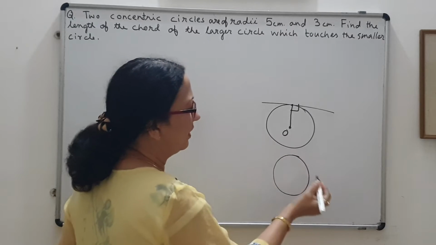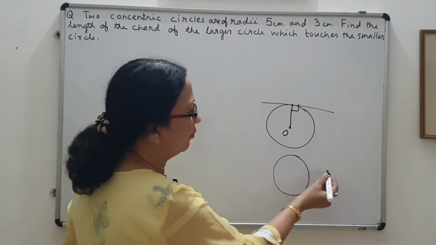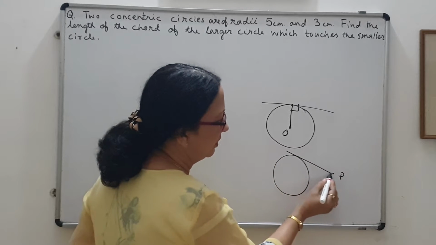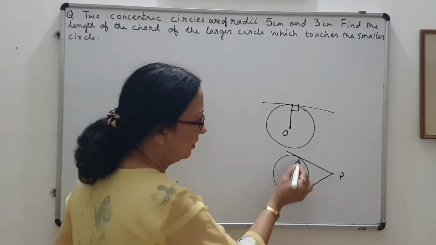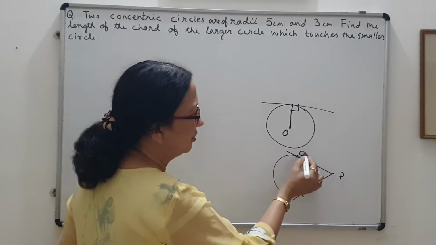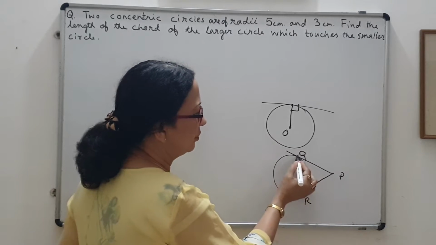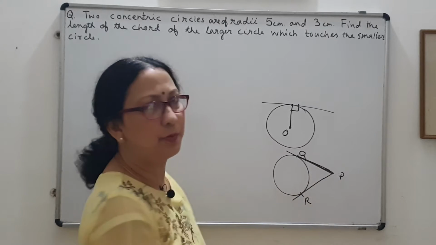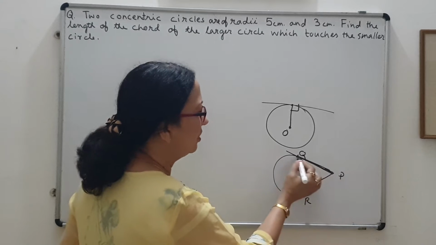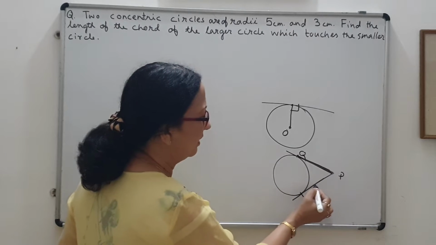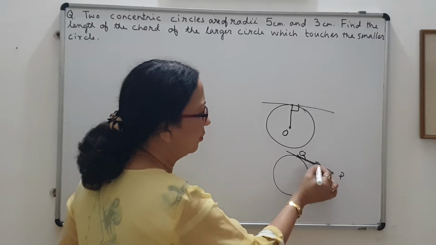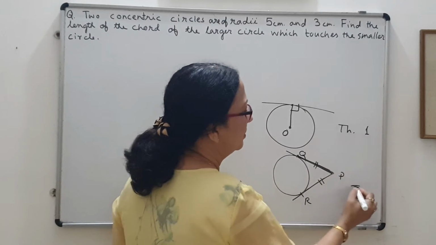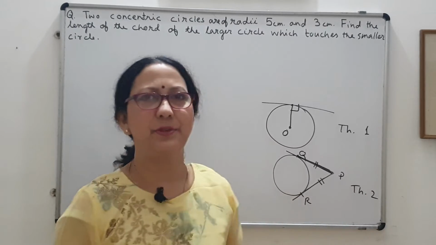So this was the first theorem, and the second theorem was that if I draw tangents to a circle from an external point, say P, then a pair of tangents can be drawn. These are the points of contact. So the length of tangent, that is the distance between the external point and the point of contact, this is one length of tangent, and this is another length of tangent. These two were equal. That was theorem 2. So this was theorem 1 and this is theorem 2. This is for your recapitulation.